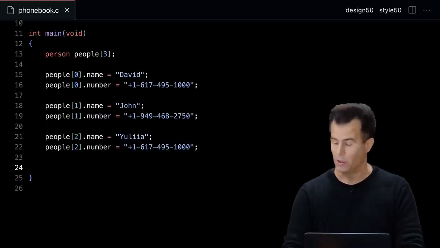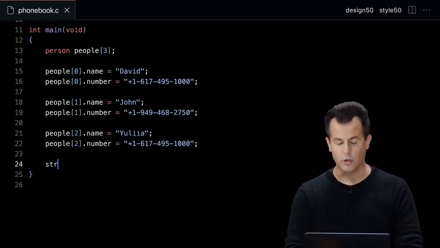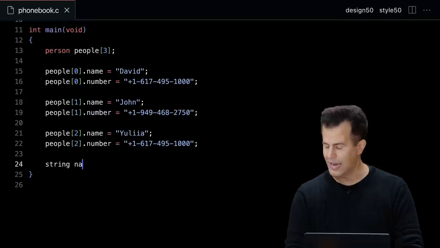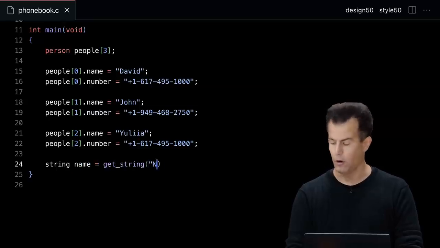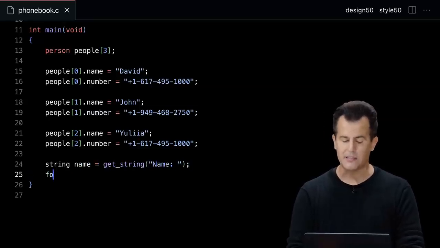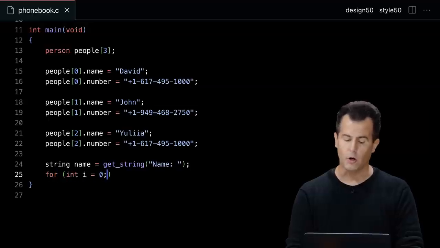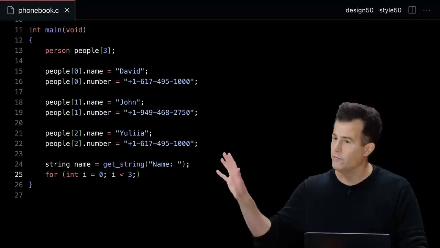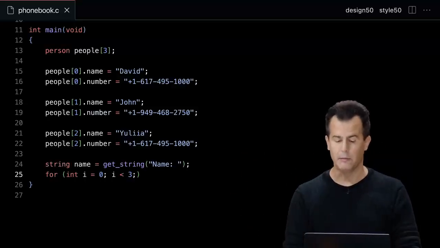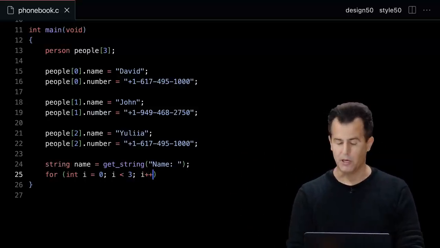Let's now search for someone's number. So let's ask the user for a string called name using getString as before, prompting for that name. Then inside of a for loop, for int i equals 0, i less than 3. Again, don't love that, but we're focusing on one problem at a time, not this other one. i++.